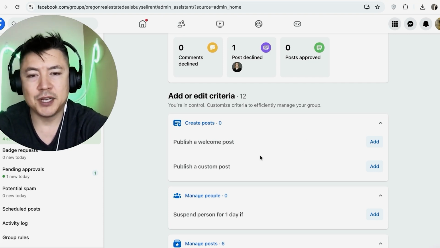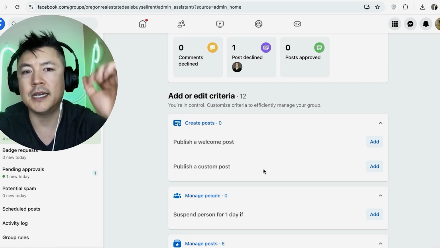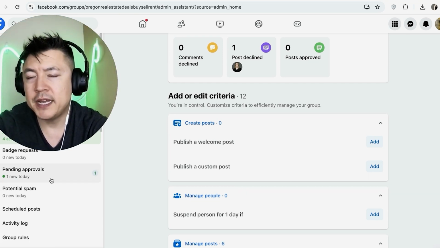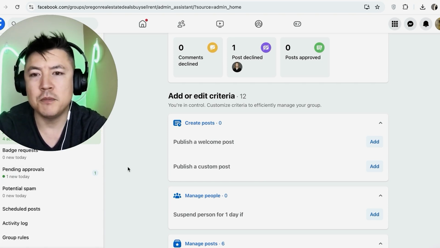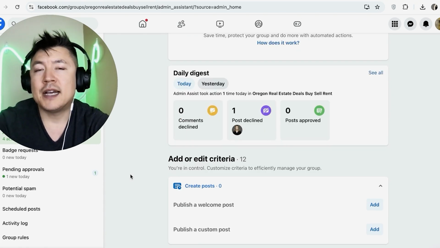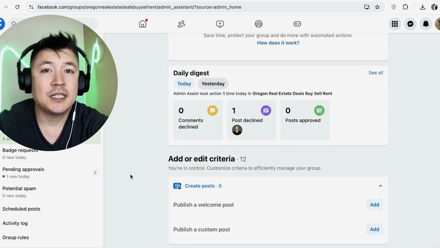But the nice thing is once you have those rules set up, it's automatically taken care of in the background. You're not even going to see it. So as you can see right here, I have 1 pending approval. This used to be 500 approvals I had to go through. And approving a post is not really going to take that much time, but if you multiply it by 500 or 1,000, it just really consumes too much time. So there you have it, guys. If you're wondering what admin assist is for your Facebook groups, that's the easiest way that I know how to